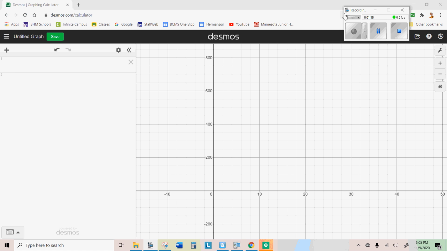So first thing we're going to do is we're going to add a table in here. So press this little plus thing here and press table, and it should come out looking like that. In X1 you're going to put all the fats from the hamburgers, and in Y1 you're going to put all the calories. So X1 you want to put,